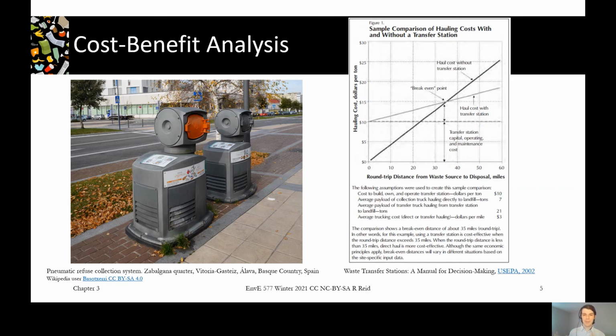So in this chapter, we're really going to focus on a truck-based system. That's what we have a lot of in North America, but it's not the only model. But whatever you choose in your waste collection system, we'll come back to what is the best thing in terms of cost-benefit analysis for your specific situation.